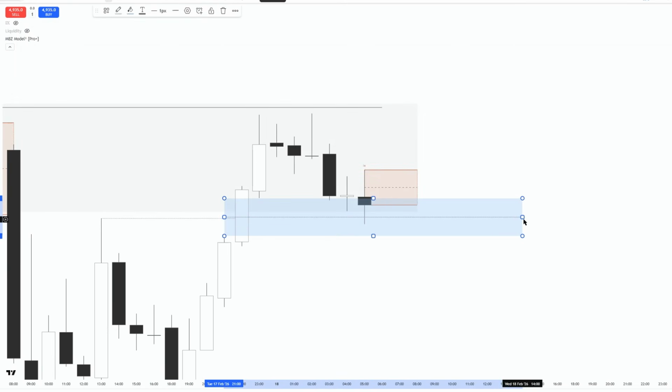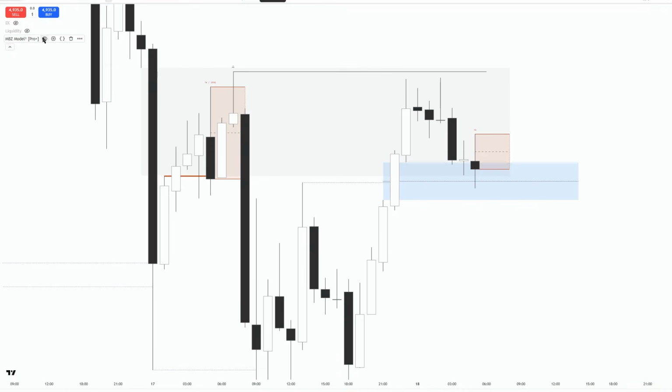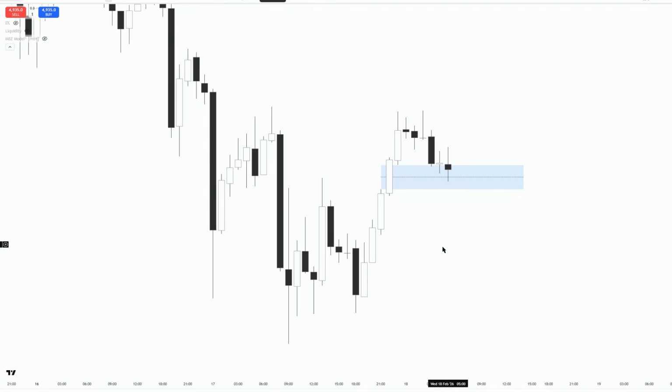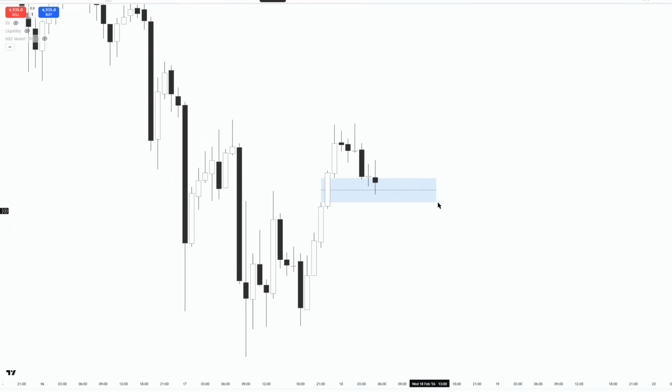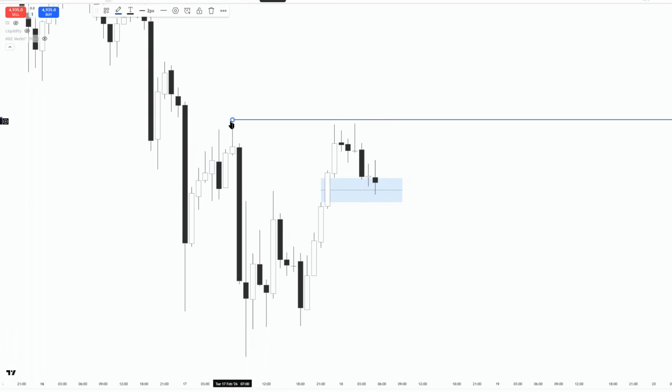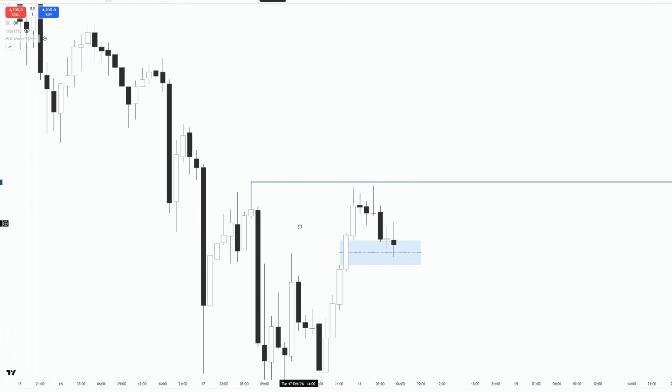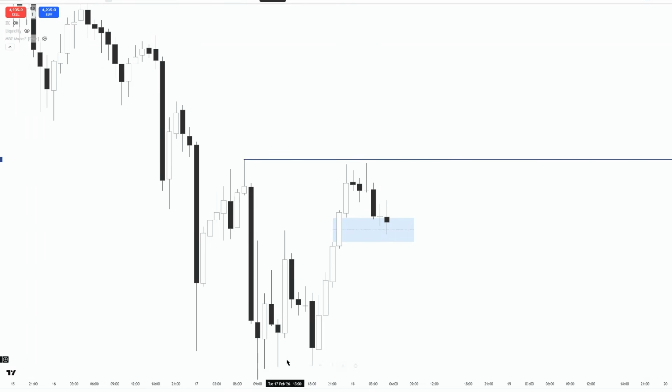Based off the current structure of whatever price might be doing, I like to see a continuation and/or a reaction off that, because this is a key level, but I'm basically looking for a specific model reaction on the lower time frame. In this case, it would be the 5 minute. Because we have a bullish 1 hour gap, we have resting highs up here. This seems like a pretty good target here,